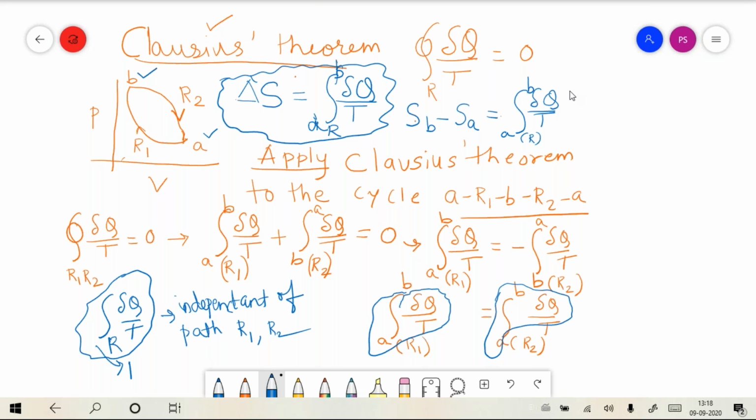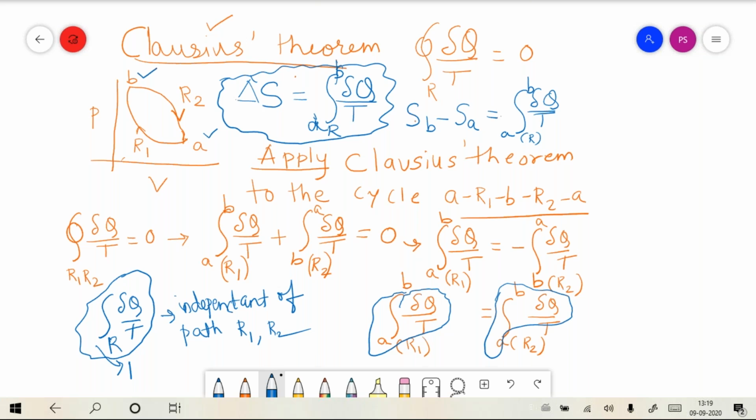All right, I'll quickly revise this in case somebody has not followed. This proof is very simple, and if you look at it from a purely mathematical or logical perspective, it is a two-step proof. What is to be proved is that there exists a property called entropy, whose change is given by delta S equal to the integral of del q by T along a reversible path. We are not discussing the concept of entropy; we are simply arriving at a certain property from the second law concept, or more aptly from the Clausius theorem.